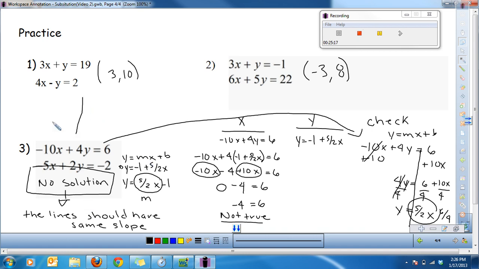Now, we don't have a graph here, but I want to quickly show you why that is. If they have the same slope but different y-intercepts, that means that they will never cross each other. Because if this line crosses at negative 1, and let's say this is its slope, and this line crosses at 6 over 4, which is a little over 1, and it crosses up here, these two lines are straight. They're never going to touch each other. They're going to keep going up and over, rising and running, at the same rate of change every time, and they will never catch up to each other. So that is why it is no solution.